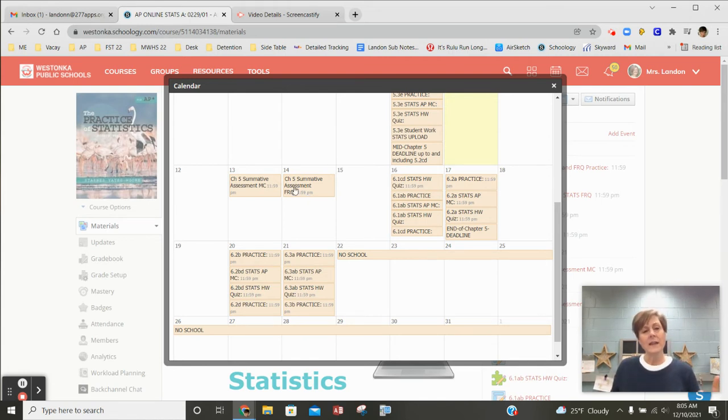I know you could do both of these in one block time. That's not going to be a problem. So if you want to take your tests on Wednesday and Thursday, you could do them back to back. If you want to wait till Friday and do them on the traditional day, I'm not sure you're going to have exactly enough time. You're probably going to want maybe 10 more minutes beyond that, is my guess. So plan accordingly if you are picking just one single traditional hour, or do pace them out. Maybe you come in for win time or something like that. So that would wrap up Chapter 5.